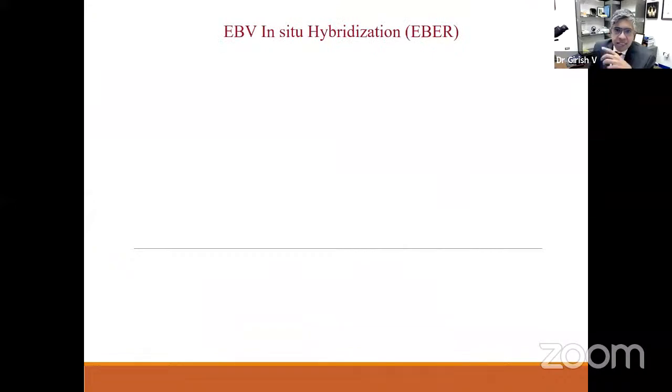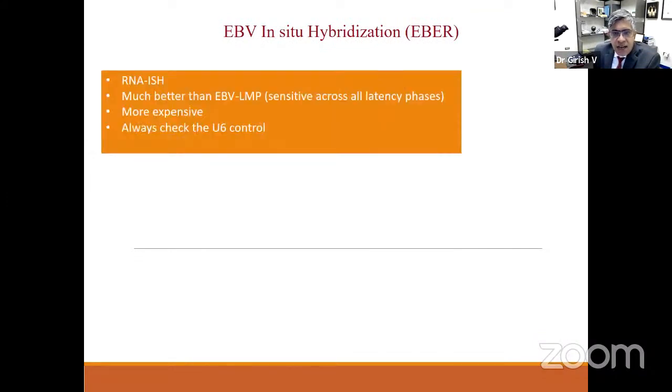Okay, next, EBER. In situ hybridization for EBV. Let's talk about a few points about EBER ISH. This is RNA in situ hybridization. This is not the same as IHC. What you're looking for is EBV RNA, and we are testing a probe for the RNA. And this is a much better marker than EBV LMP1 because EBER ISH is sensitive across all the latency phases of